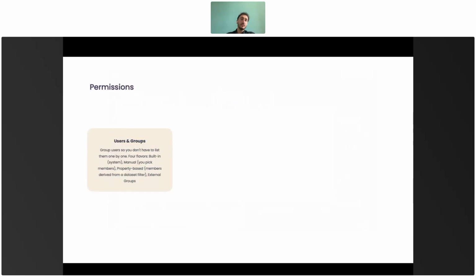I would also like to highlight how the permissions are constructed. So, as you would expect, you can have users in groups. Group users you don't have to list one by one. They can be part of the group. We can sync groups from the Active Directory. We can have manually defined groups, property-based groups, etc. And then an access list holds subjects, like the users or groups. And then you also